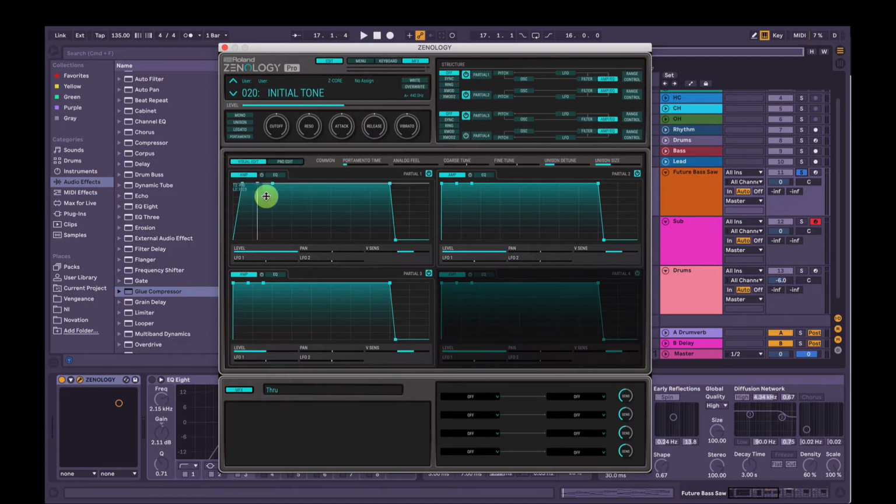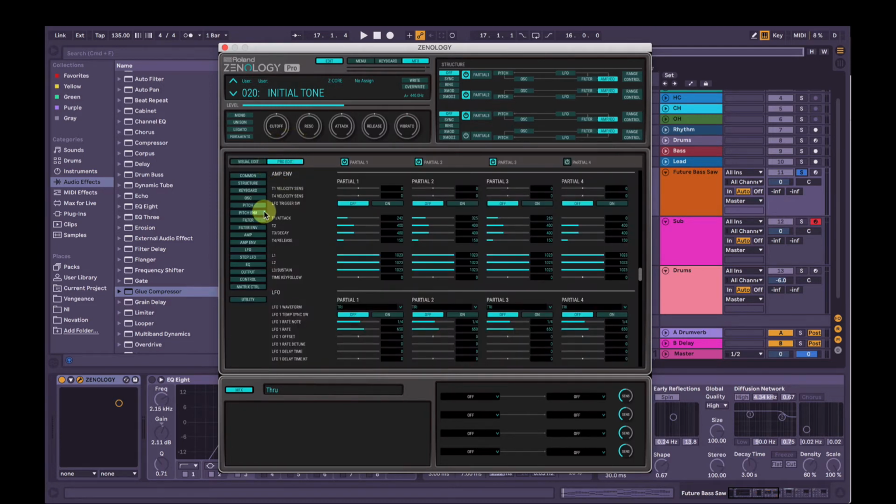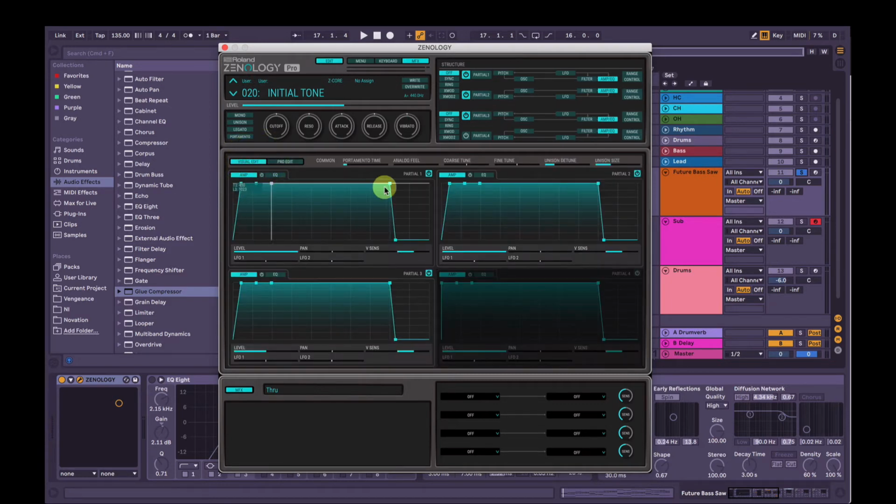But there's actually another way we can do this rather than trying to line them all up here, because they all have their own envelope attached to them. So we'll go to Pro Edit, click amp envelope there, and it says T1 attack here, so 242. I think I added about 214, so we'll hit 214, enter, and then partial 2, 214, enter, partial 3, 214, enter. So that's the numerical value attached to the attack envelope. So if we go back to Visual Edit, we can see what it's done there. So now when we listen to it,